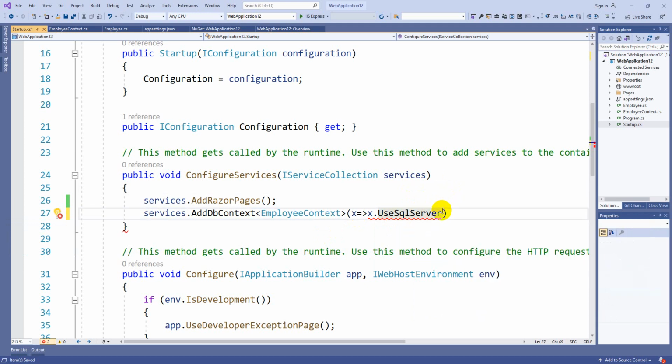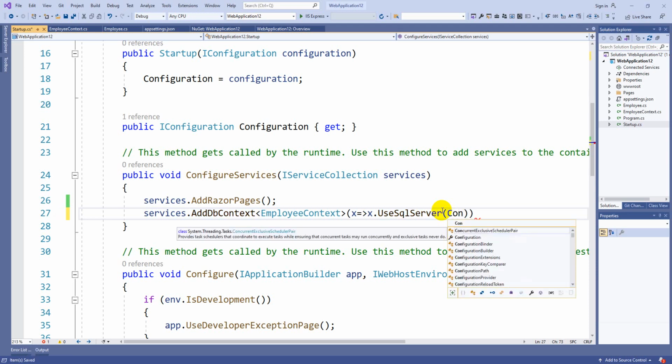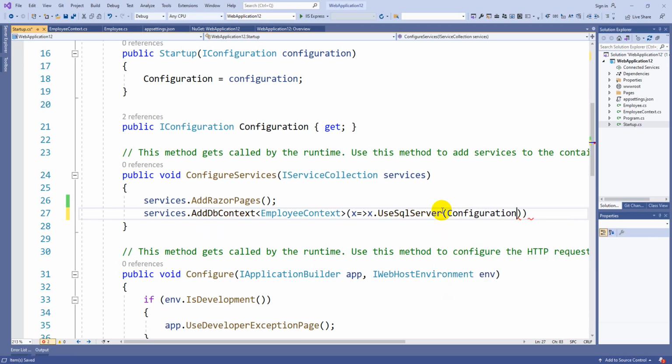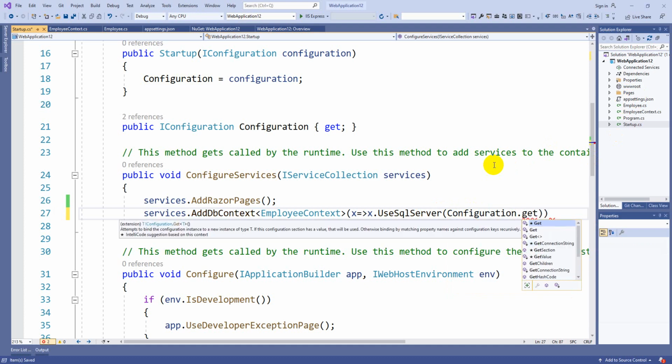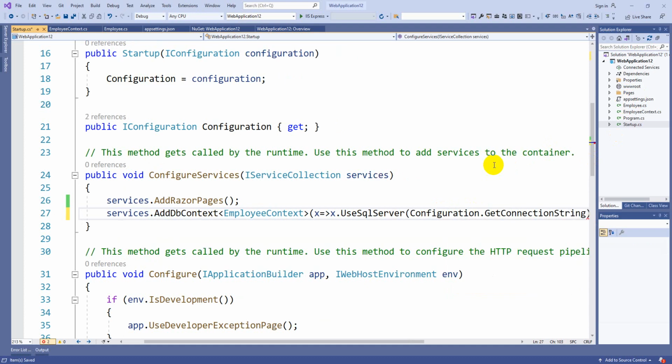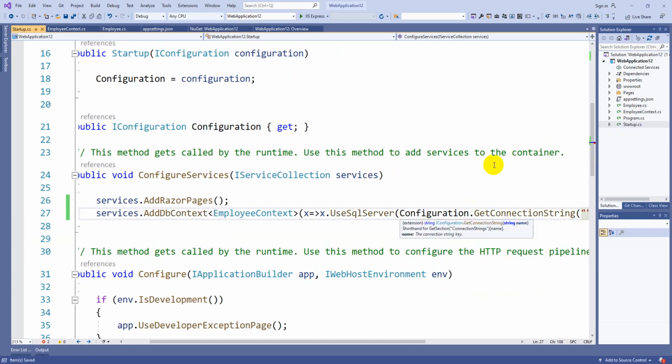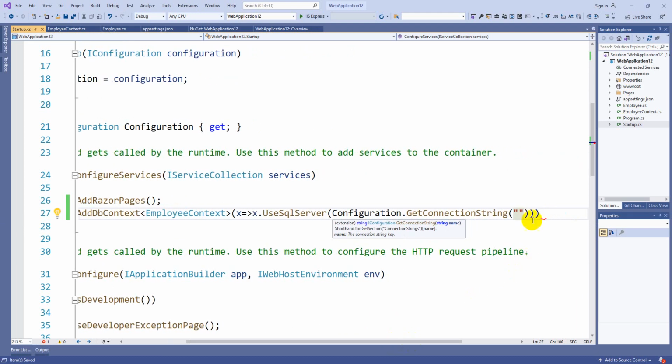In UseSqlServer, you write the object name, that is Configuration, to access that particular appsettings connection string. We are going to use Configuration dot GetConnectionString. There is a method called GetConnectionString, where you mention the name of the connection string you had given.